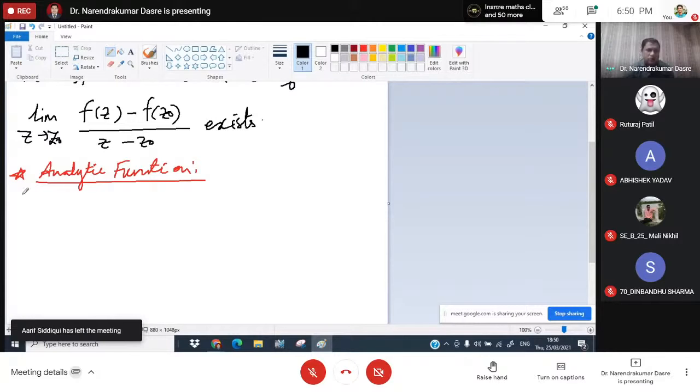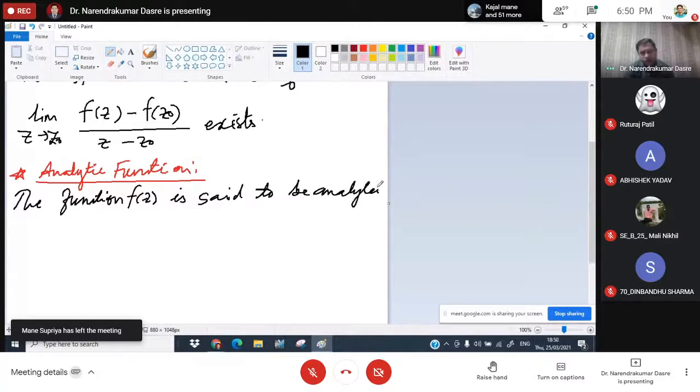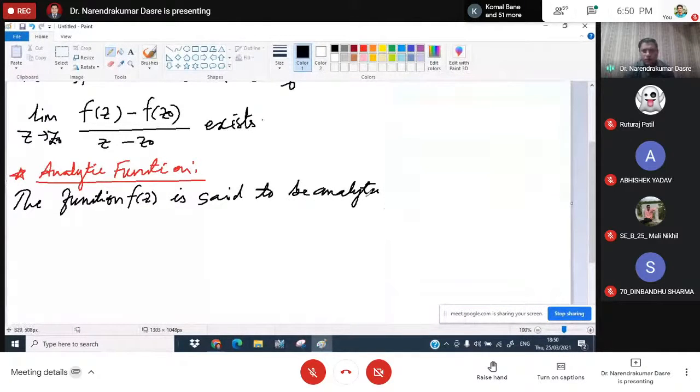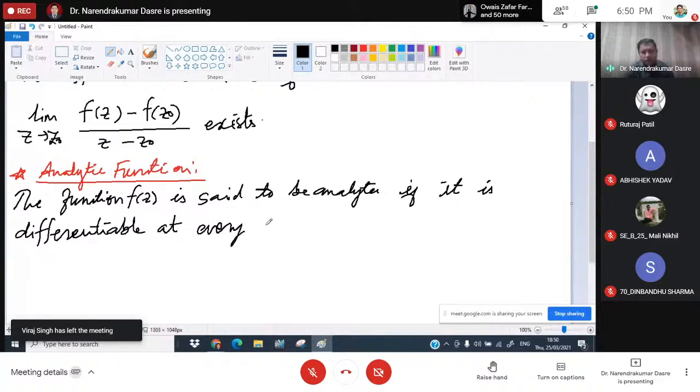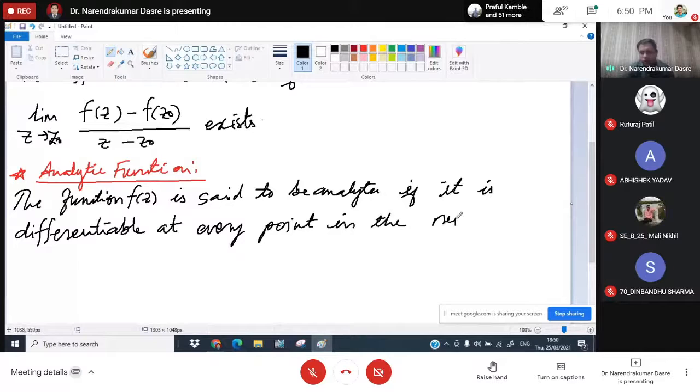So let us see: a function f of z is said to be analytic if it is differentiable at every point in the neighborhood of